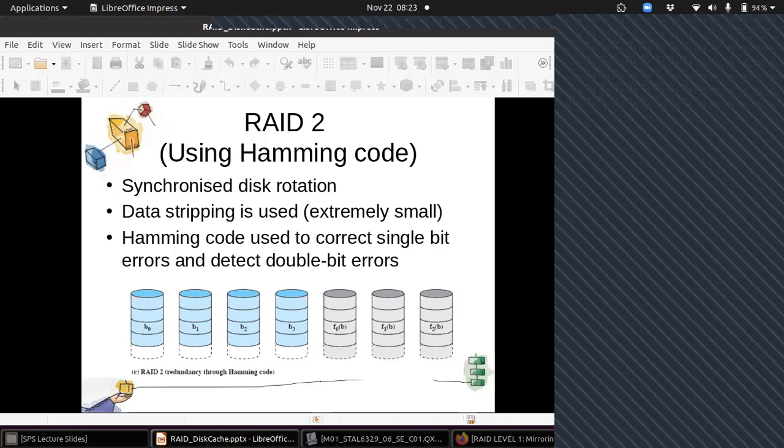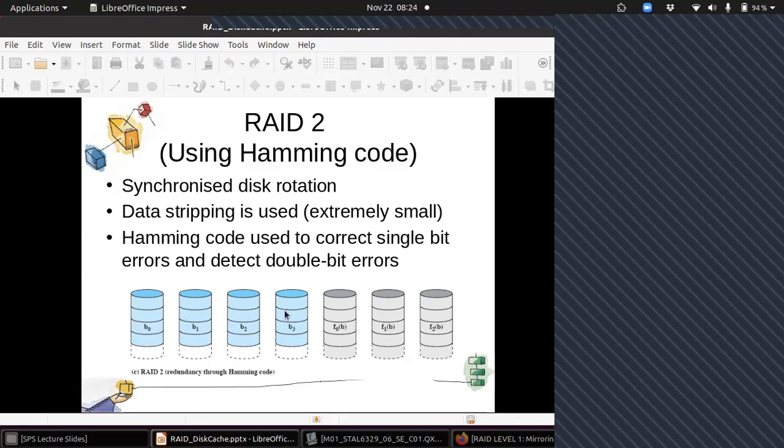Why? Because now still the idea of stripping is there, but now stripping is not in a big chunk. In fact, in RAID level 2, it is bit level stripping. Whatever data you have, for example, 1 byte, this whole byte will be stripped bit by bit. Here it is showing only 4-bit data, but you can have 8-bit data if it is a byte. Then you can have 8 disks, and each disk will store 1 bit of that data.